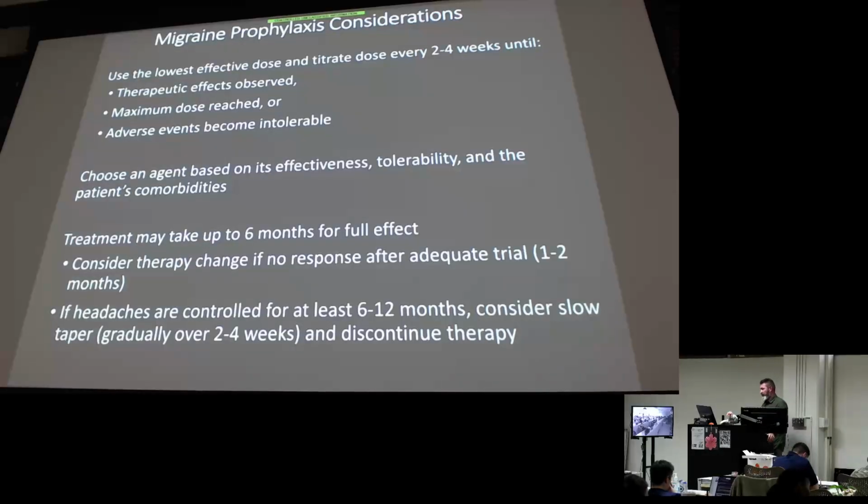Or the adverse effects become so severe before that happens, adverse effects obviously based on which drug class we chose out of those first line options. For prophylaxis, it can take up to 6 months for full effect. And then I gave you those clinical caveats for how we start, and then when we decide to change. I'm not going to ask you that on the test. That's more clinical management. The PANCE might, right? But I'm not going to ask you specifically. Neuro is going to talk more about the clinical management of these migraine cases.